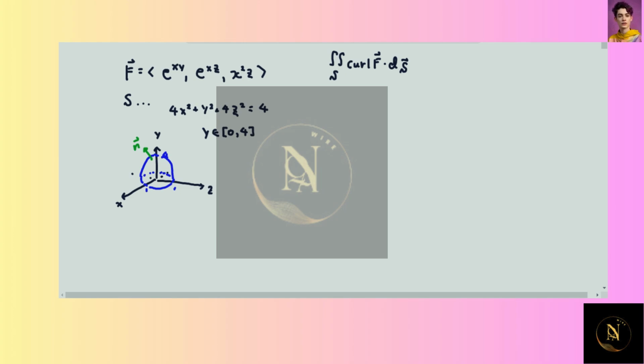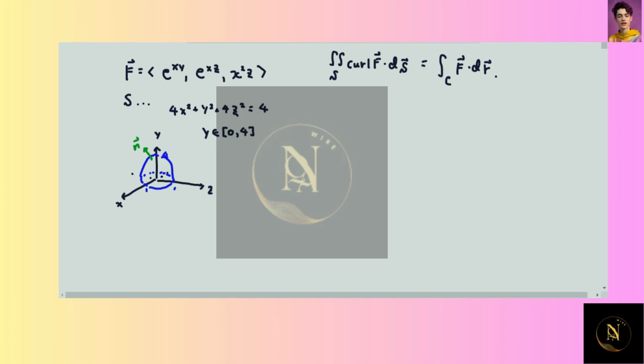However, using Stokes' theorem, we can simplify this problem significantly. So let's take a look at what it says. First, we're going to be able to say that this is equal to a single integral through C of f dot dr, so it's a line integral. So we want to figure out what C is as a projection, and then we want to parameterize that so we can do the calculation. All right,